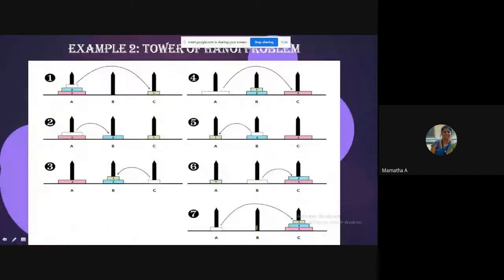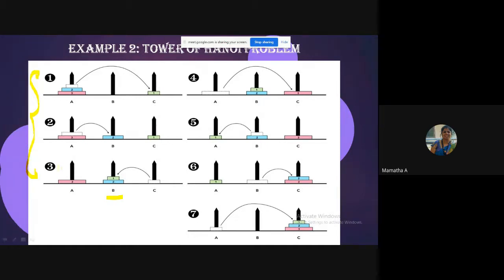Just look at this example. Tell me, what is step 1, this move, what is this indicating? Which step is this indicating? Step 1. You are trying to move recursively n minus 1 disks, that is the topmost disks, from source to auxiliary using destination. You can see here, you have moved 1 to C, then I'll move 2 to B, then 1 back to B, right?